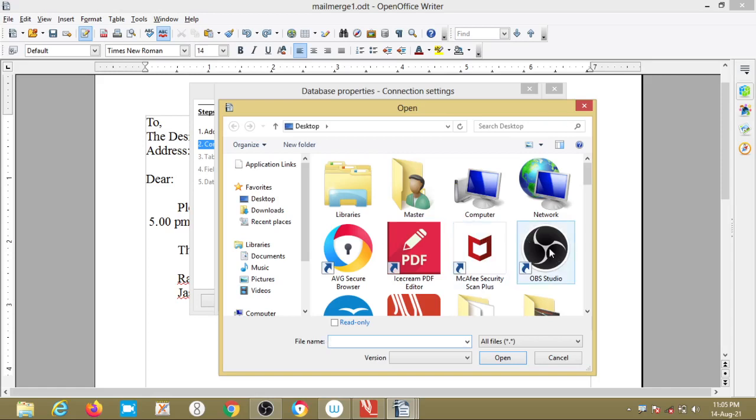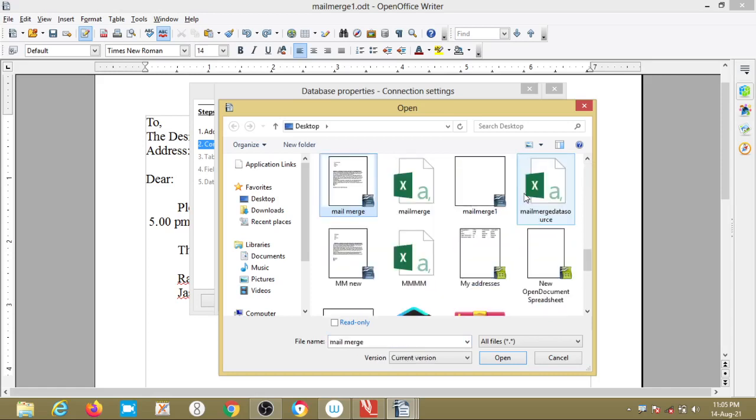What we have named it is My Address, right? So click on that and check where it is. Here it is, this is the My Addresses spreadsheet. The extension is .ods.